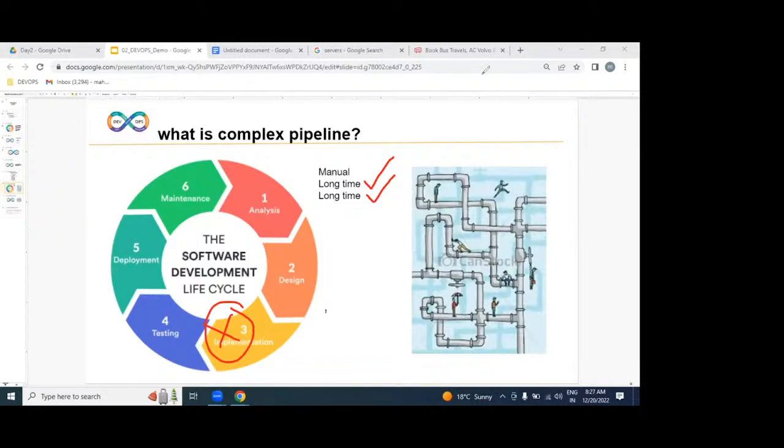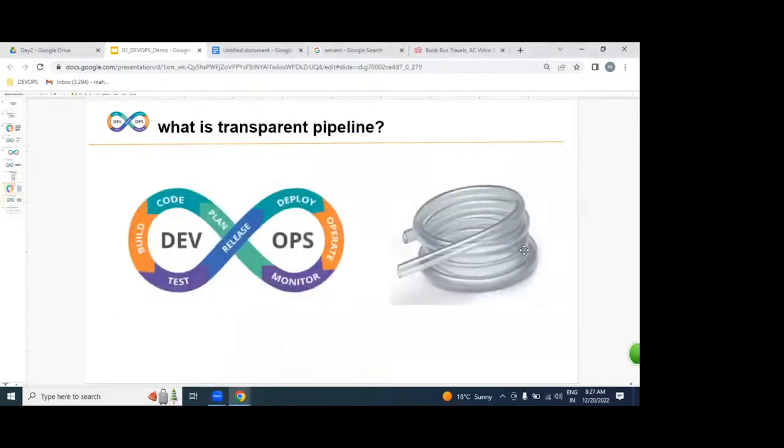But what are we expecting? I don't want this complex pipeline, but I want to replace it with a transparent one. I want to visualize a transparent pipeline. The same water, everything is the same, but I want to implement it transparently. Look at this. If you get any issue, any problem or error in the middle of this pipeline, by one look itself, can you see where the problem is? And can you fix this issue as soon as possible?